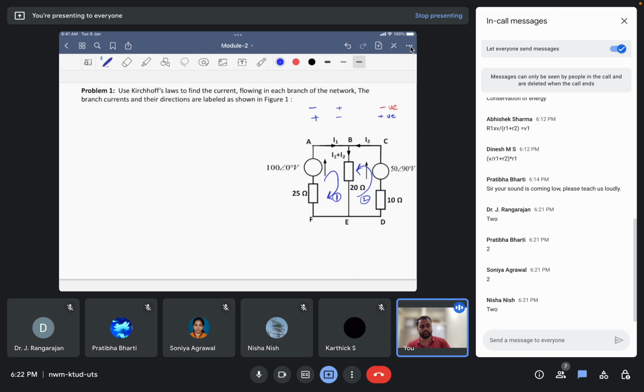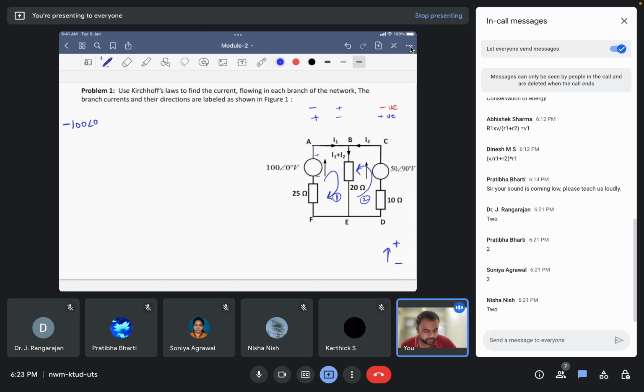So the source here, again, this is a representation. An arrowhead up represents positive polarity, and the tail is the negative. So this is positive and this is negative. The direction of current here is clockwise, so the current is flowing from negative to positive. That is why we are following the convention: minus 100 angle 0.